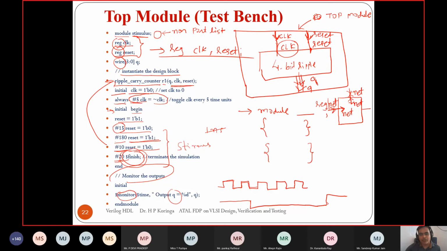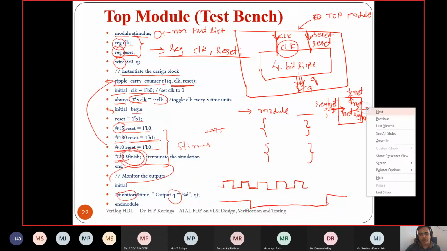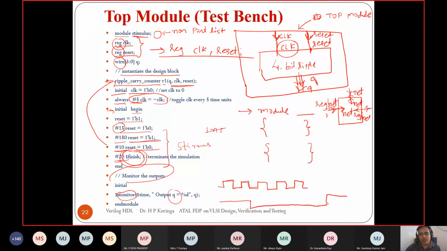The output port internally may be a reg or a net, meaning wire, and externally it should always be a wire. Internally means in the design, and externally means the test bench.